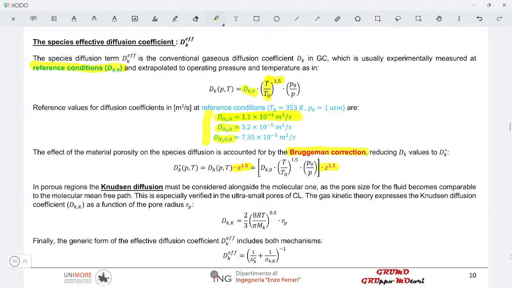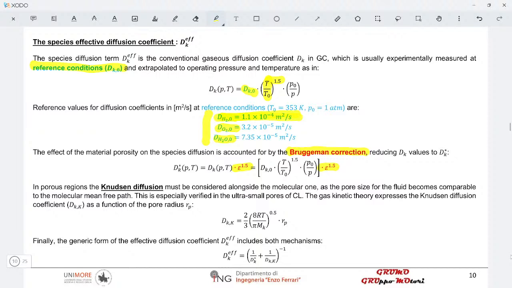So we already talked about the diffusion inside a porous material, where we account for the obstructed diffusion with the Brueggemann correction. But once we consider a porous material whose pores, so whose void space, become comparable in size, in length scale, to the mean free path of the molecule, so extremely small pores, we have another diffusion